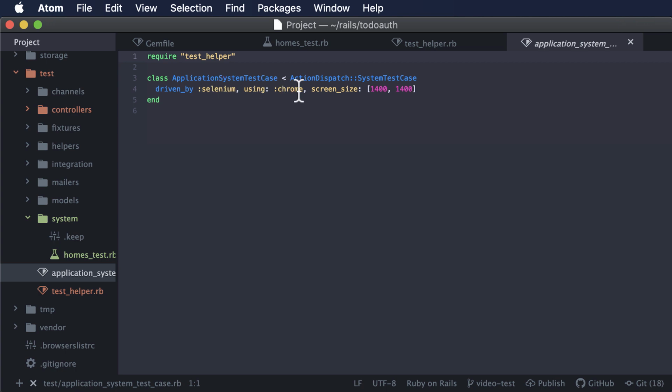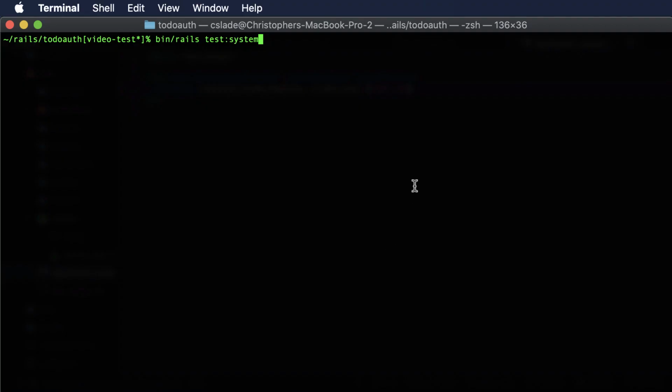doing this right here, we need our headless browser. And of course, if you're on a desktop or a laptop computer developing directly, you might just want to leave it using the Chrome browser. This right here will make sure that we run in the headless mode if you happen to be on Cloud 9. So now that we have all that set up, we can run our system test by doing the Rails command